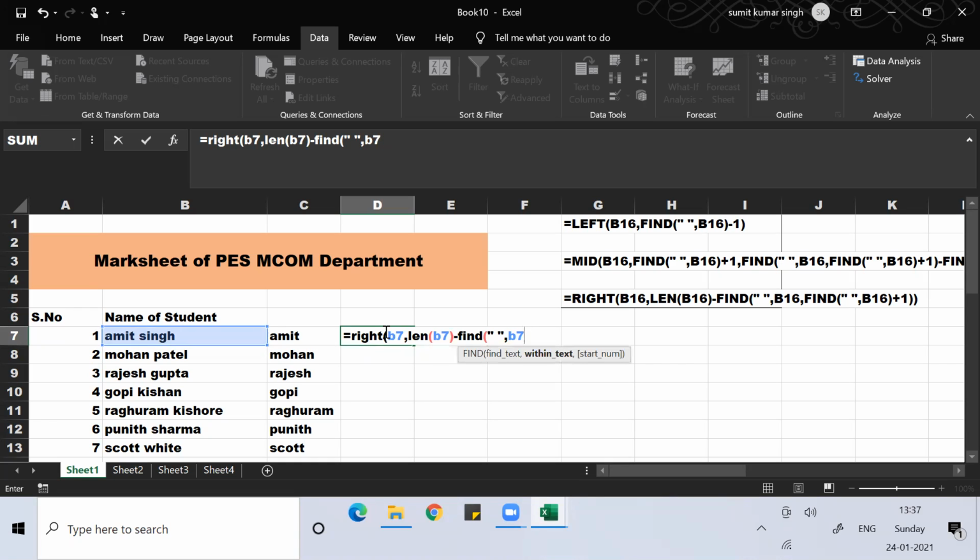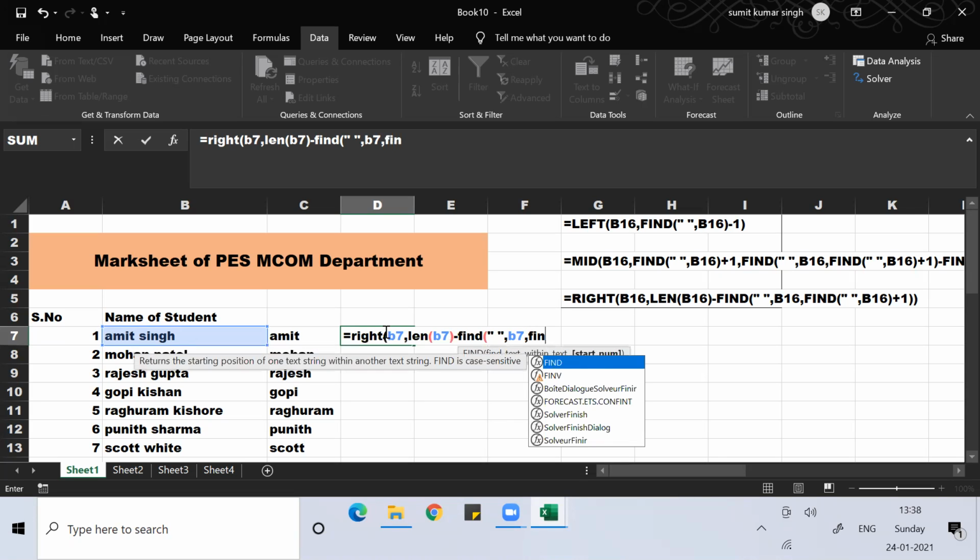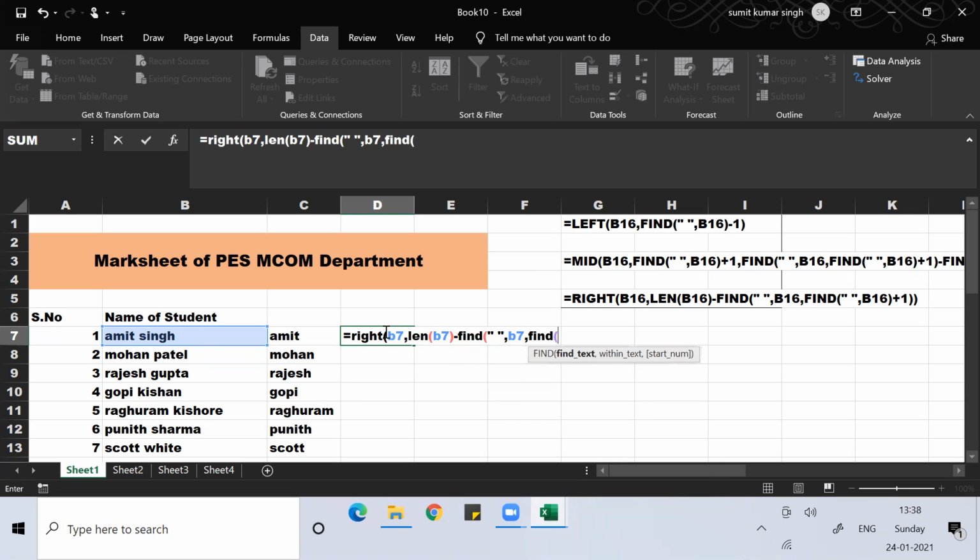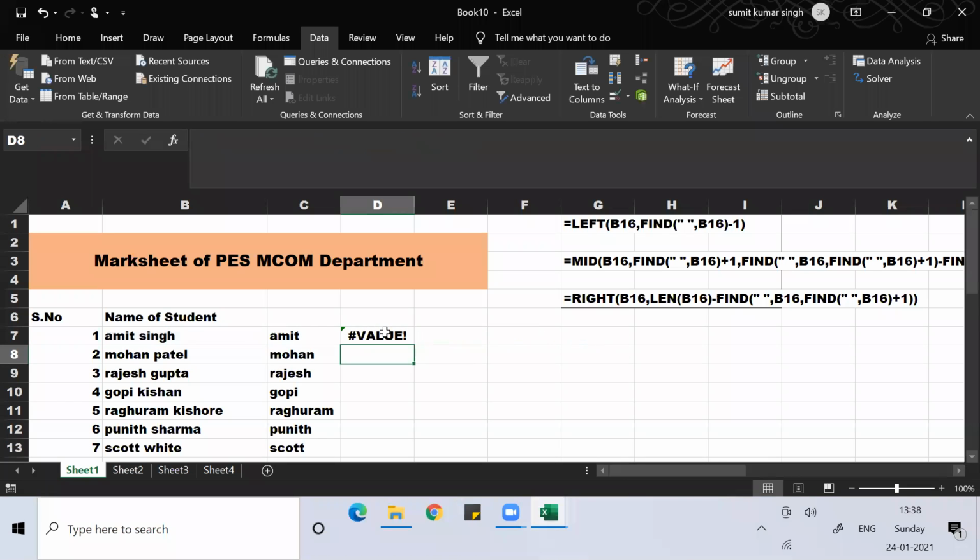So here you find a space within B7, meaning Amit Singh, then you put comma. Here you write FIND, double quote space double quote comma B7, close bracket, then +1, and two close brackets, then you do enter.